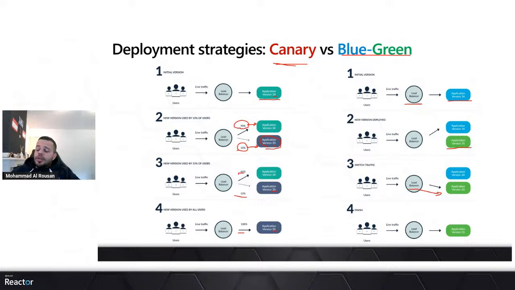And here the developers actually realize that they're going to do a lot of tests on the new release. So they think that they are sure that the deployment will go without any issue. And in case of any issue or any problem on the deployment, they can easily roll back to the old version. So these kinds of deployment strategies are widely used in corporates. Some of them like Canaries, others like blue-green deployments.